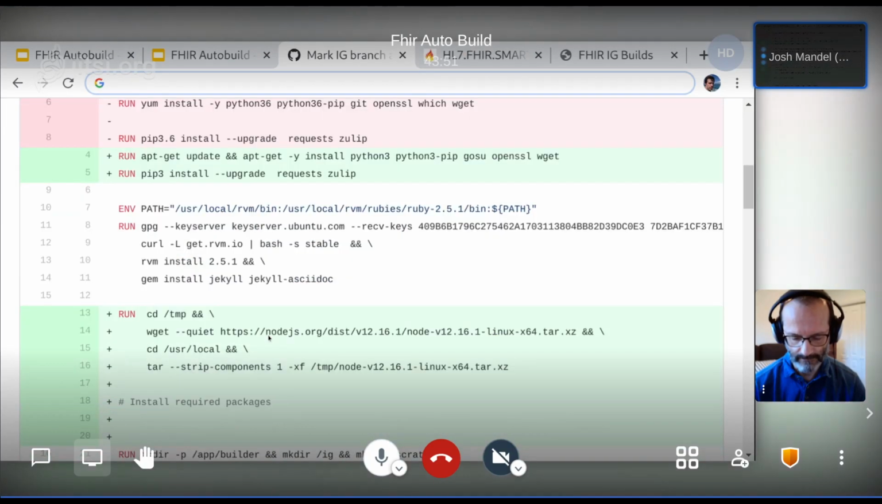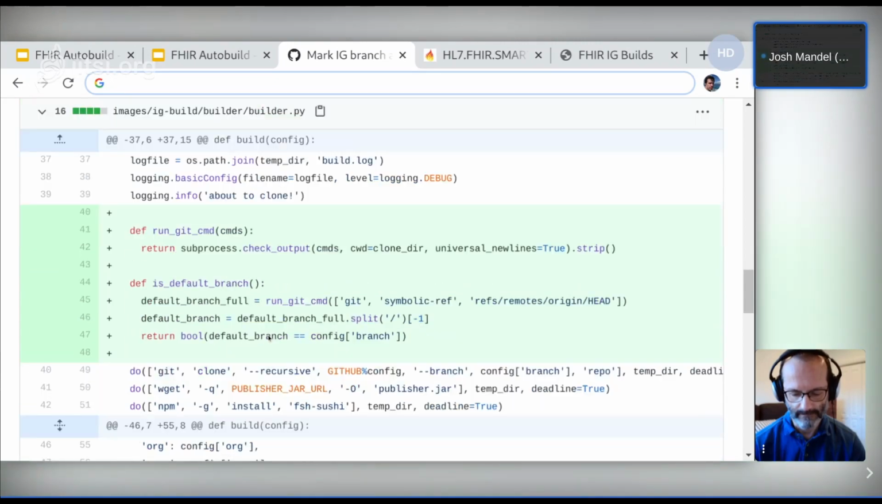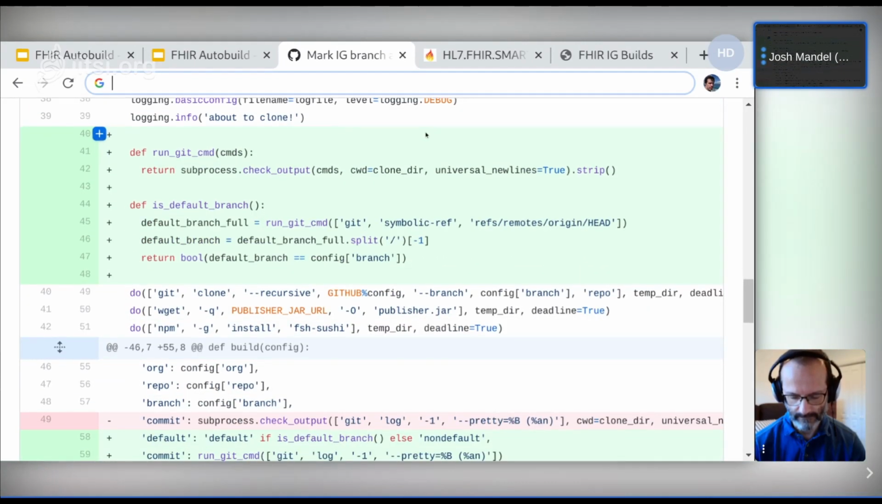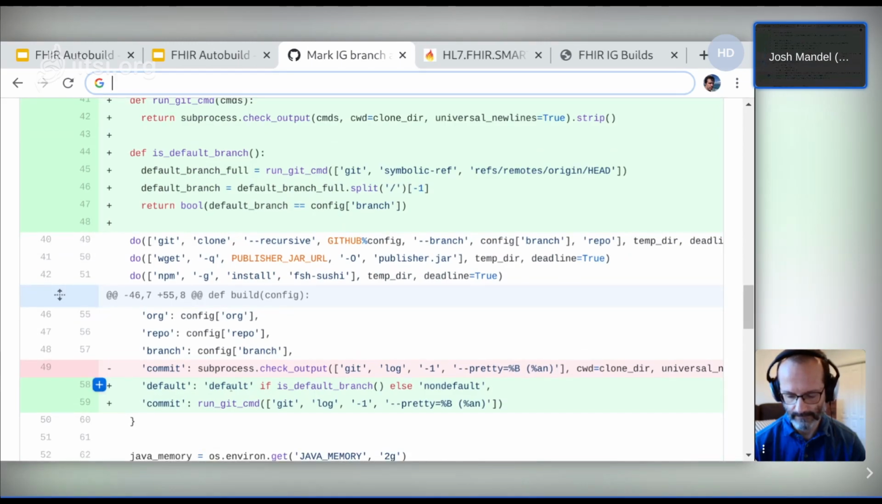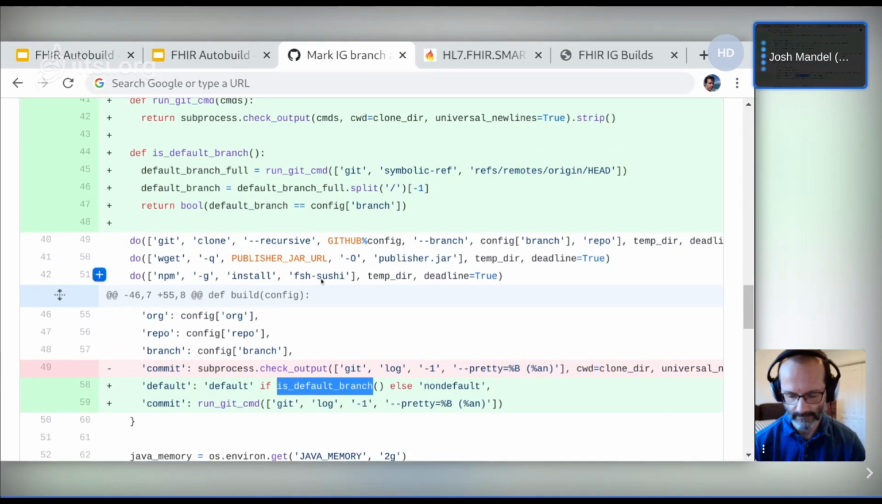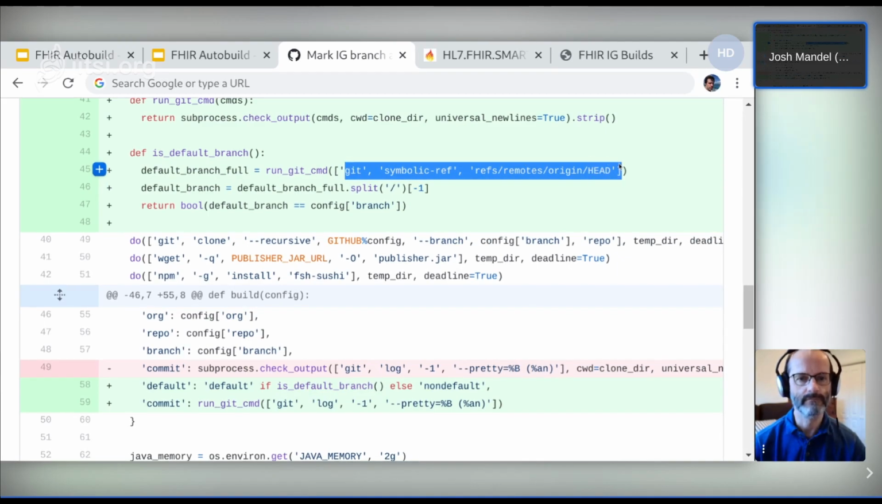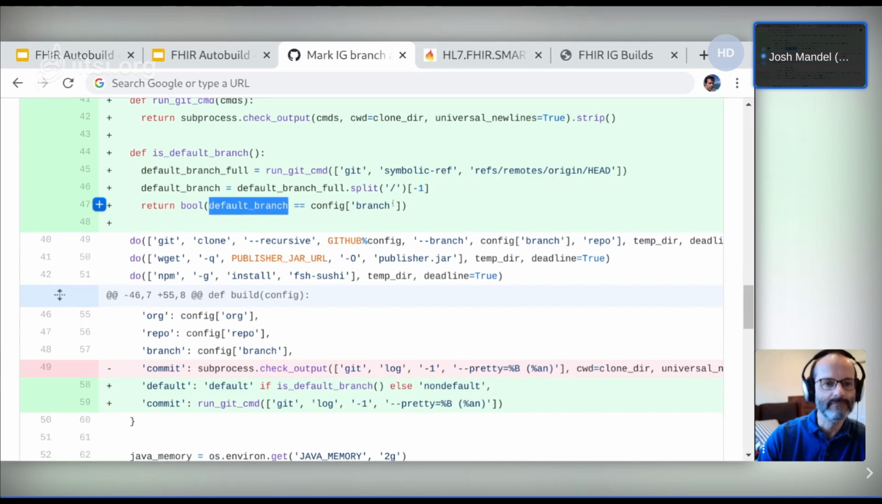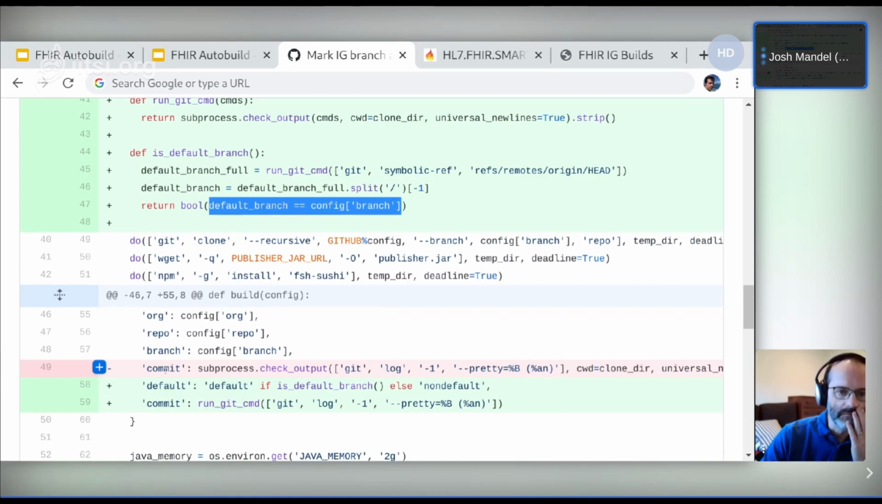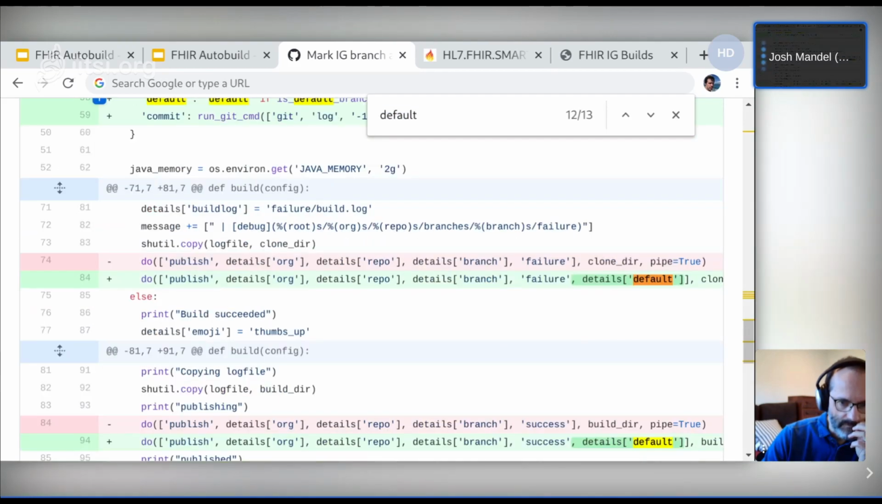So this was my update from last time. There's a little bit of noise here, but this is the important bit, which is every time we build an IG, I call this function called isDefaultBranch, which runs git symbolic-ref refs/remotes/origin/HEAD. This is more or less just a piece of Git magic that I found on Stack Overflow, but it gives you the name of the default branch. And I just compare that with the current branch and return true if they're the same and false if they're not. And so every time I build an IG, I compute that Boolean, true or false, and I take that value and